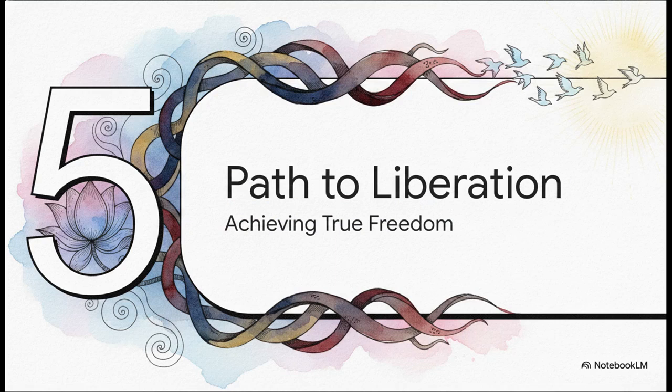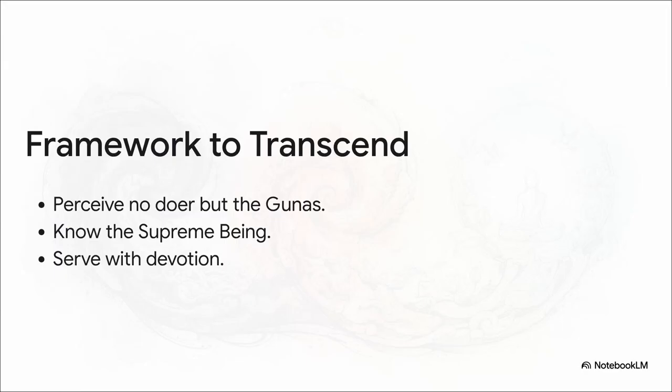And that brings us to Section 5, the path to liberation. The theory is gorgeous, for sure, but what is the practical method here? How do we actually achieve this ultimate freedom and become a Gunatita? Well, Krishna reveals a three-part framework to transcend material nature. First, mentally, you have to perceive no doer other than the gunas, meaning you've got to let go of your